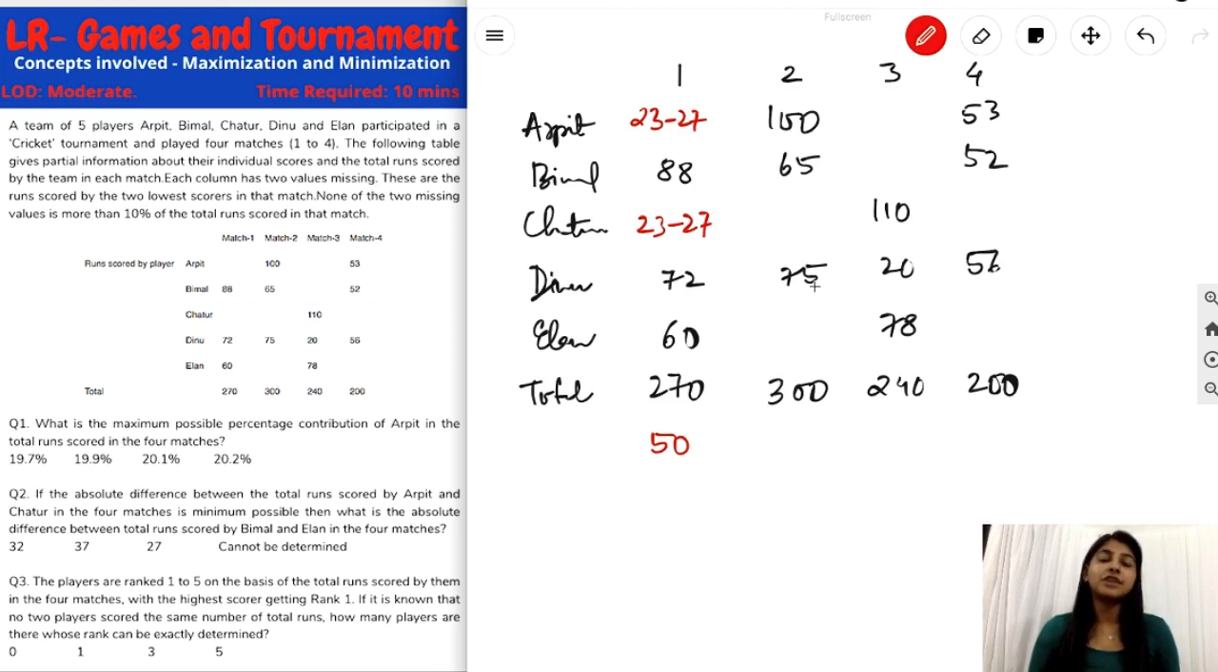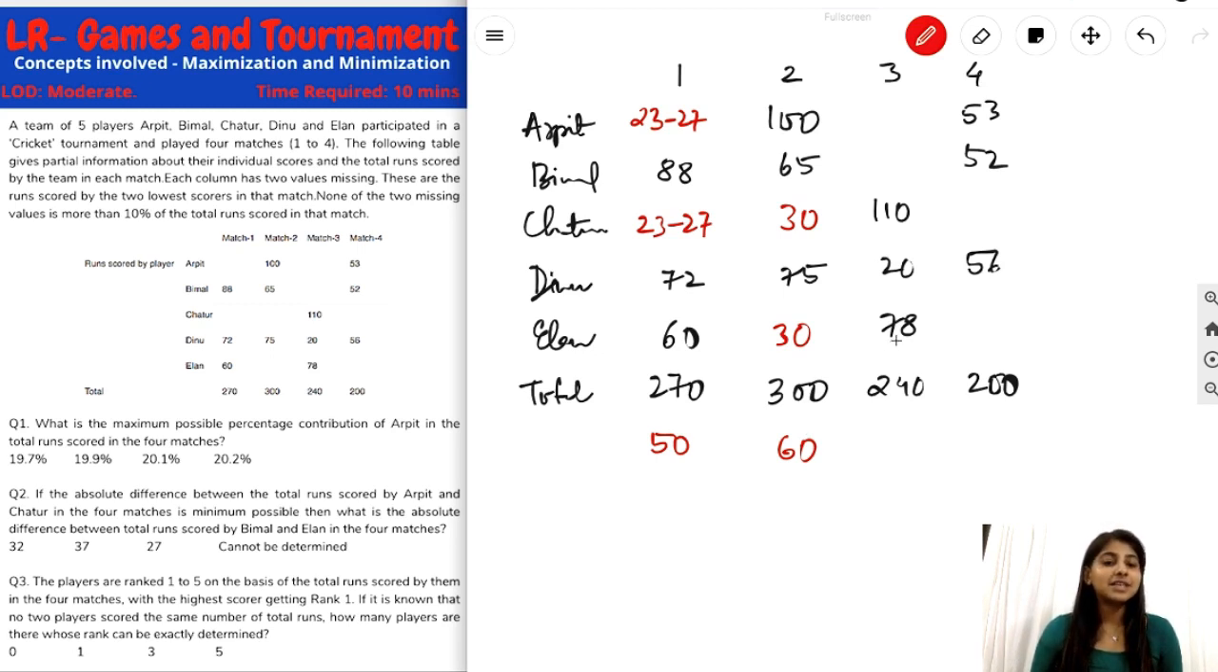100 and 75. 175 plus 65, that is 240, which means the difference is 60. And the maximum that they can be is 10% of 300, that is 30. So we see that it is exactly sufficing. 30 and 30. That gives you 60. Okay. In the next case,